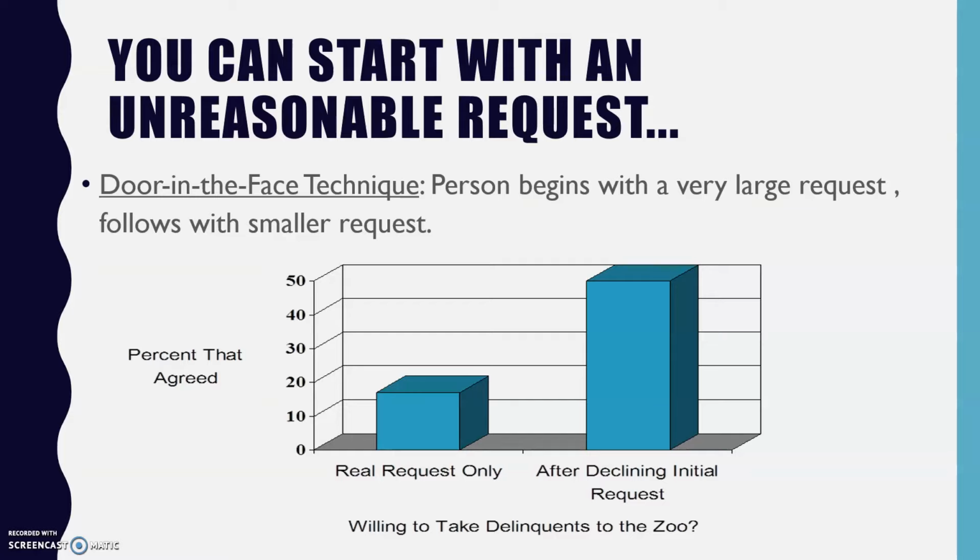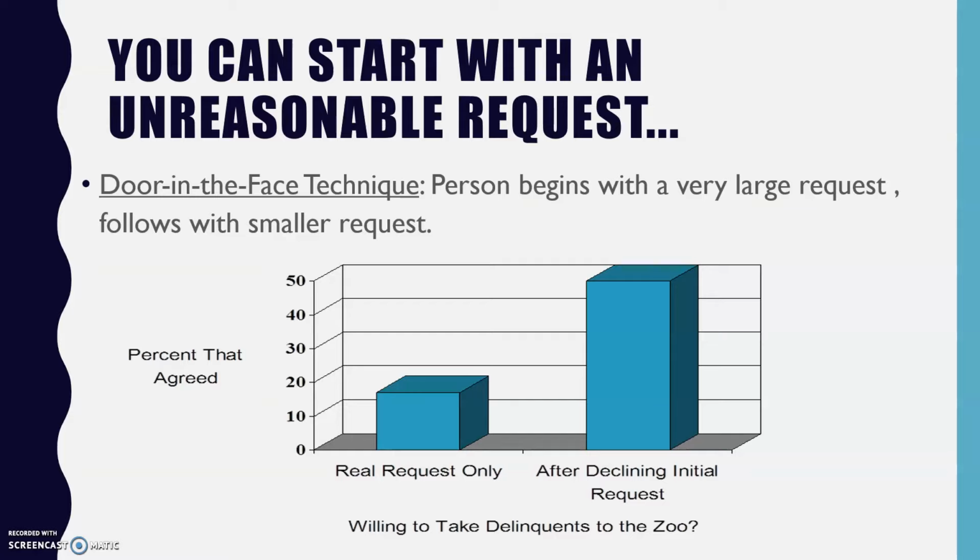So if you want to get somebody to do what you want them to do, as I mentioned in class, one of the best things you can do is start with a very unreasonable request. Start with something that most people would say no to right out the gate. So you start with a large request, and then when you actually pass them the real request after they've rejected the large request, follow up with a smaller request. The contrast between the unreasonable request and your real request will be so large that the actual request looks far more